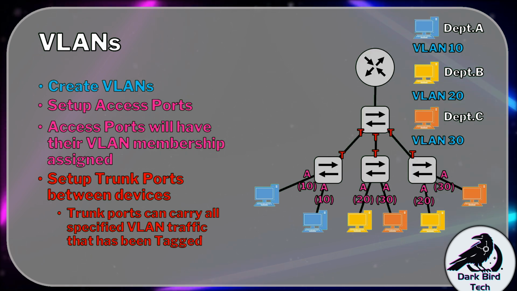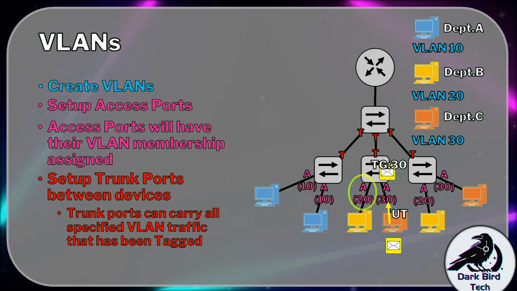If I've got these trunk ports able to carry all VLAN traffic as long as it's tagged, let's see what happens if we get somebody, let's say in Department C there, this computer, to send a broadcast for Department C's VLAN. So as always, that broadcast travels along, but it's untagged at the moment until it arrives on the first switch's access port. When it's on that switch goes, okay, it arrived on an access port that's part of VLAN 30. So let me label it as part of VLAN 30. So now that the switch has labeled that stuff as being part of VLAN 30, it will then see,